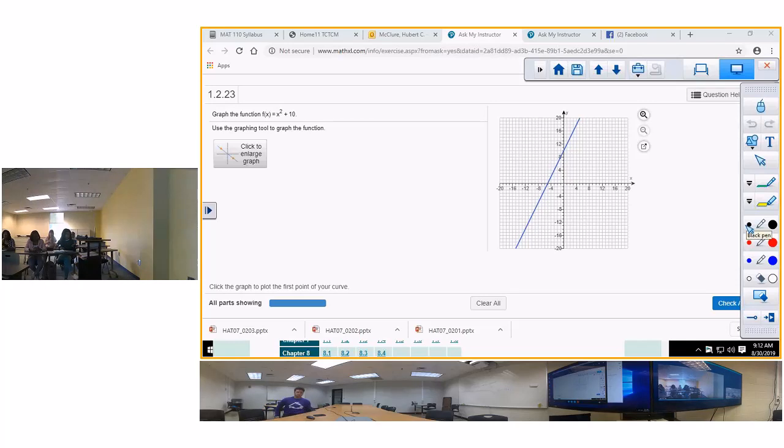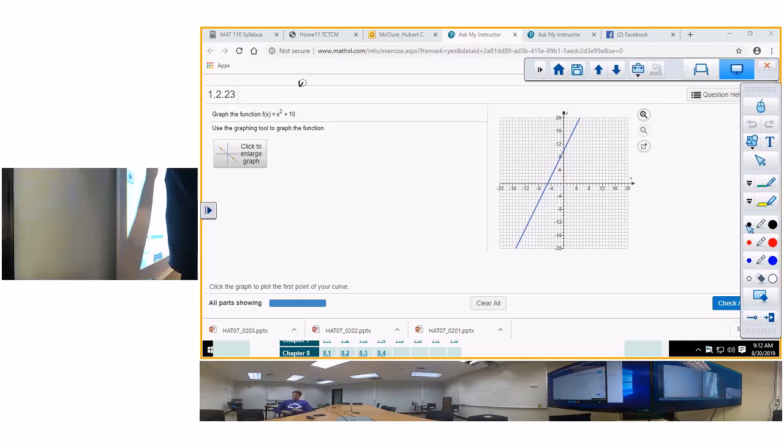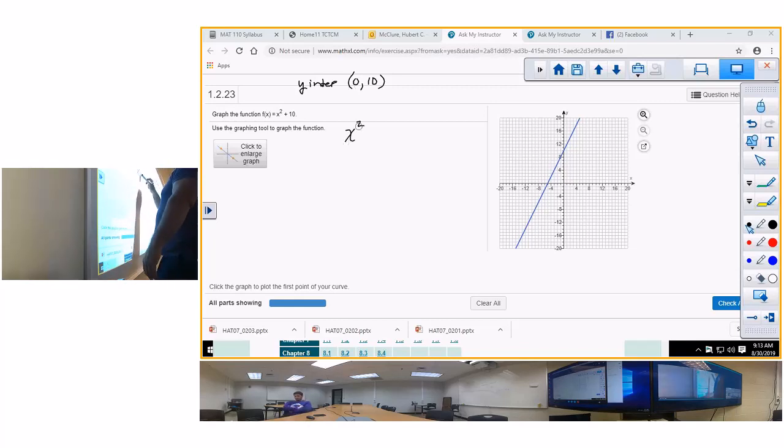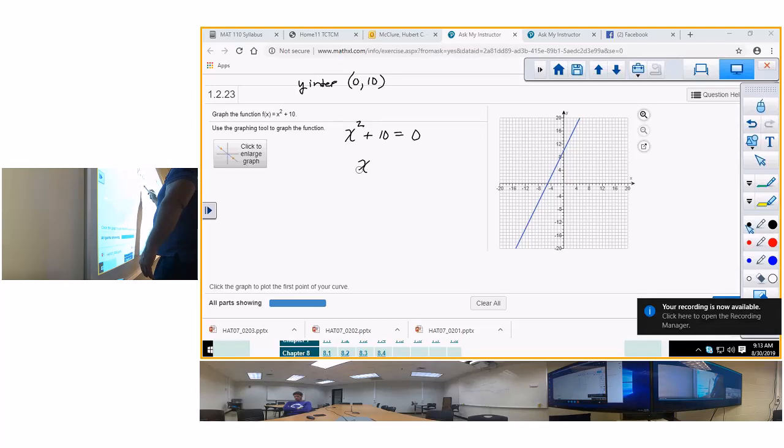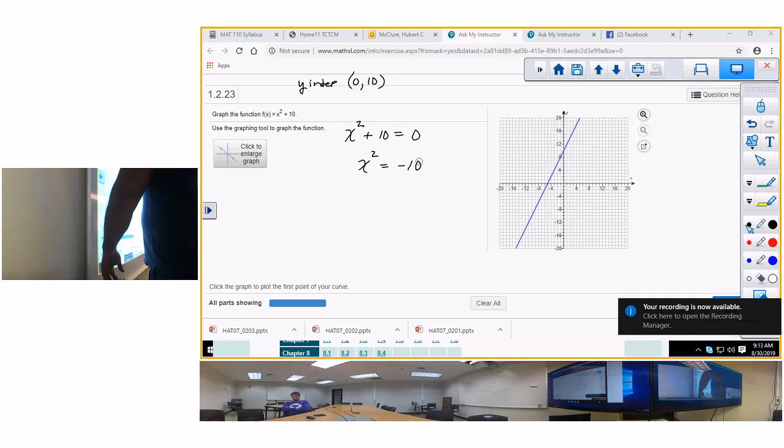We know that the y-intercept, or the vertical shift, is (0, 10). We know that from that right there. Or you can plug in 0 for x. If you plug in 0 for y, you're going to get the x-intercept. So let's do that. x squared plus 10 is equal to 0. Now we bring the 10 over, and that gives you x squared is equal to negative 10. Now, if I take the square root of both sides,